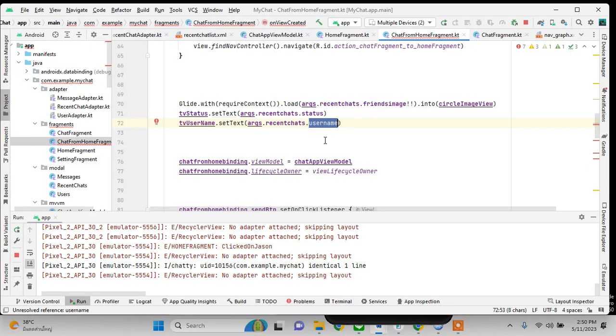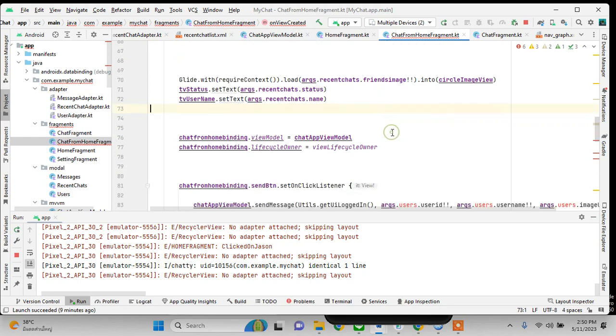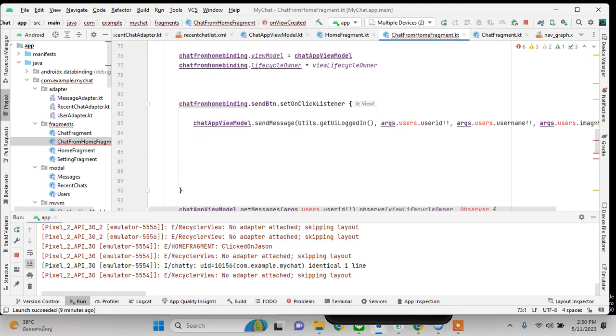Okay, recent chat name. That is okay. And what else? Yeah, for the sending is going to be recent chats, friend ID,